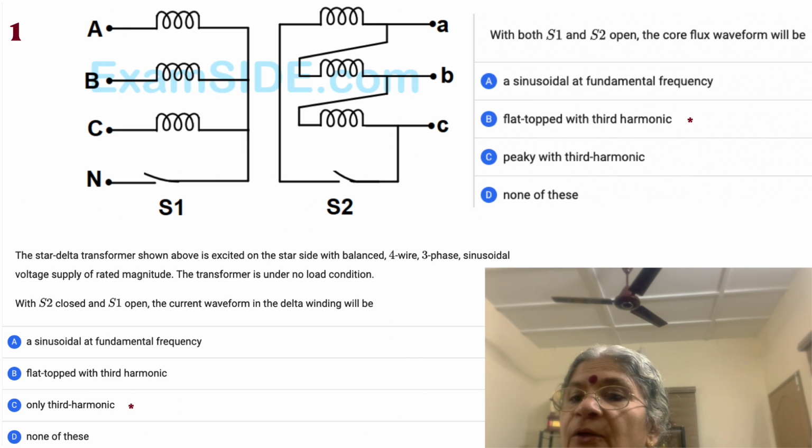Okay, so let's see. The flux waveform will be a sinusoid at fundamental frequency, flat top with third harmonics. Definitely it's a third harmonic kind of situation, but flat top as well. So it's a dangerous situation there. So let's move on. Okay, so we are learning something. So this is a problem wherein